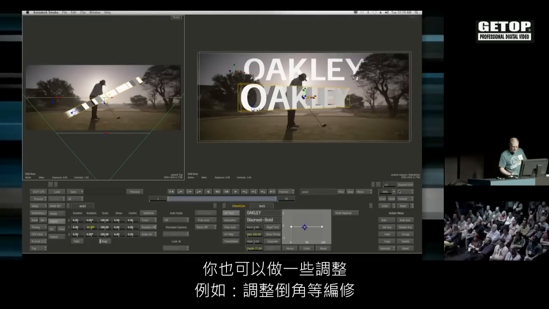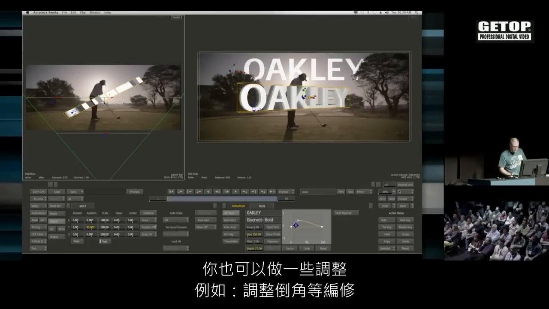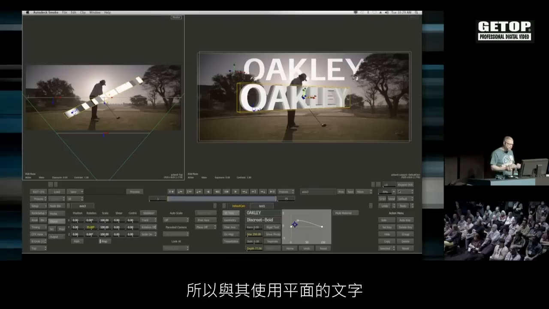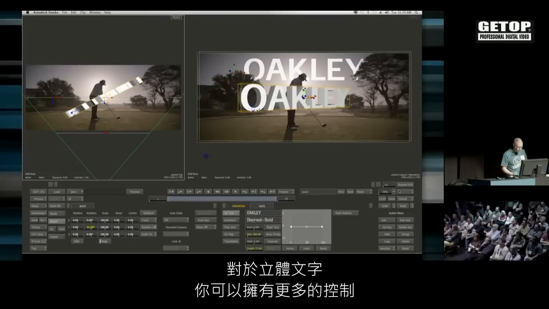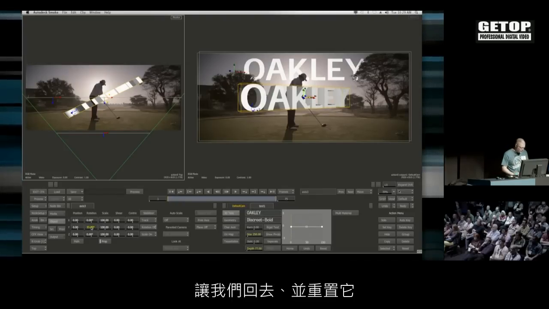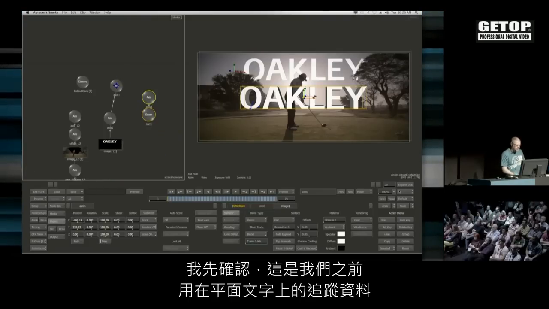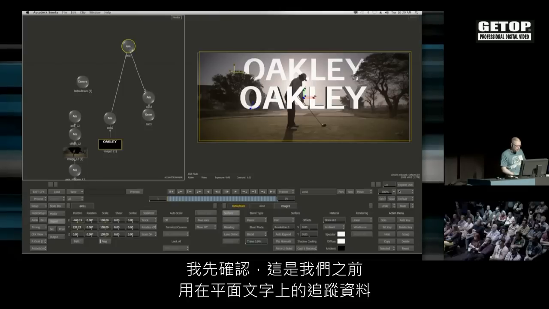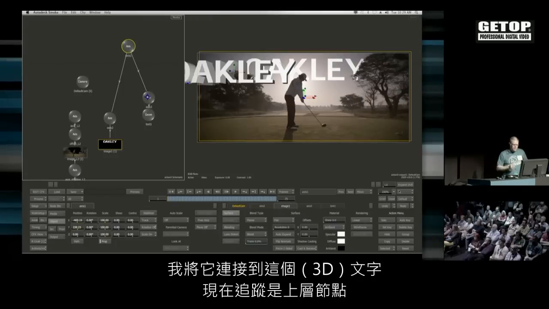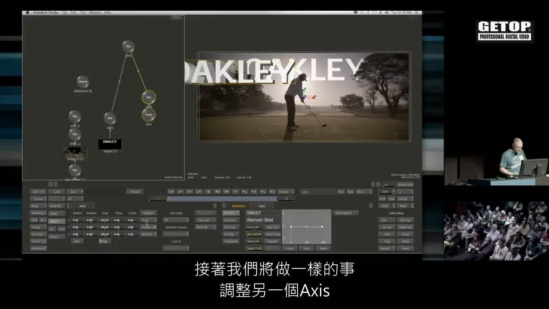You can also go and do things like control the bevel edge. I can model this thing and adjust it. So instead of just having that flat 2D text, you have a lot more control over it. So let's go back and reset this. And I also want to make sure I take that tracking data that we already used for the flat text. I'll attach it to this text. So now it's the parent. And then we'll do the same thing. We'll go take our